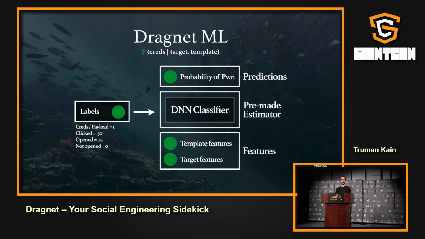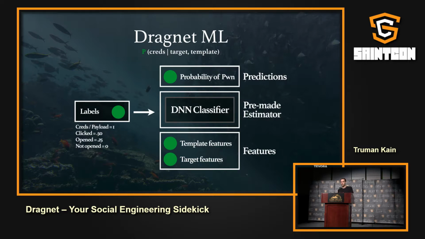OSINT begins on these targets that you've already emailed. You have a third column that has how they converted, a score from 0 to 1. 0 would be they reported it, 1 would be they downloaded a payload, whatever it may be. In between might be they opened the email, they clicked the link, they visited a landing page. So you have a result, you have the template that you sent, and you have the name or a way to identify the target. OSINT begins on these targets. We start collecting data points about them. Maybe it's the school they went to, their major, their job title, their company, whatever it may be. In the future, you'll be able to get double, triple, quadruple the amount of data points. We're just getting started, and you already are able to get dozens.